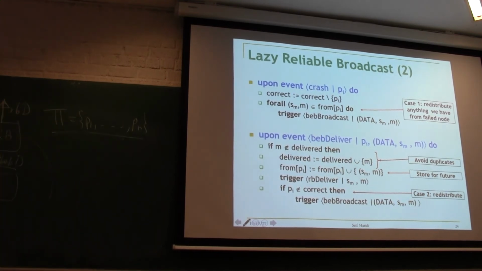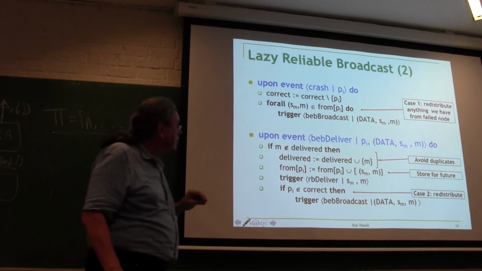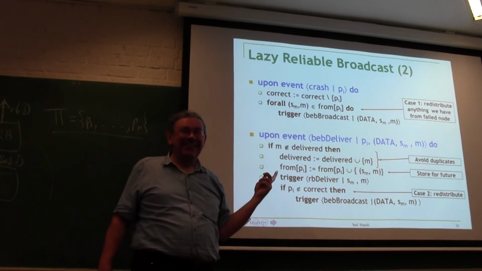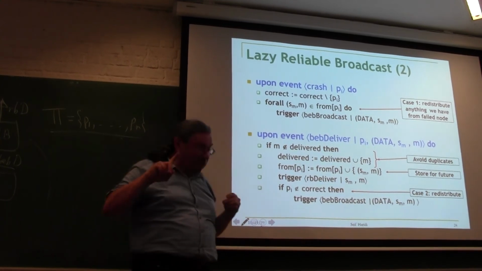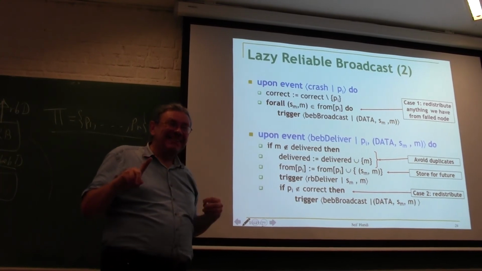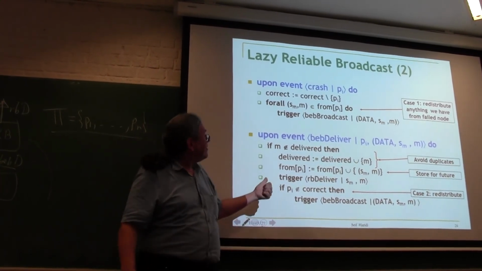So that's it. That's the whole code. Yeah? This means we have to keep track of every message we received since the... Yeah, this is not a very optimal algorithm, but it has a great advantage. It's correct. Okay? See, this is the first thing. Yeah, this is not the optimal algorithm.